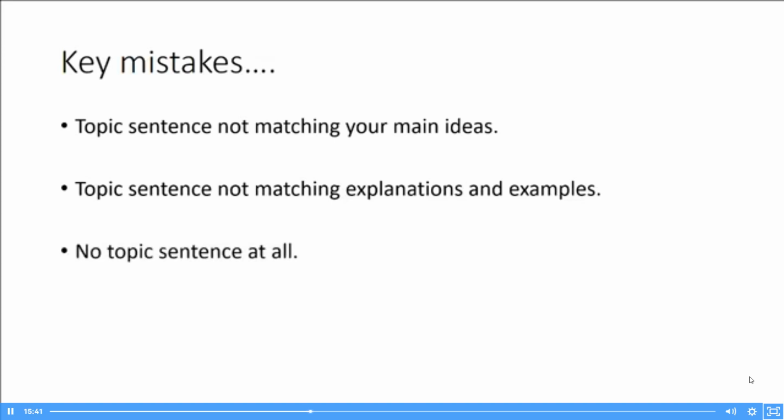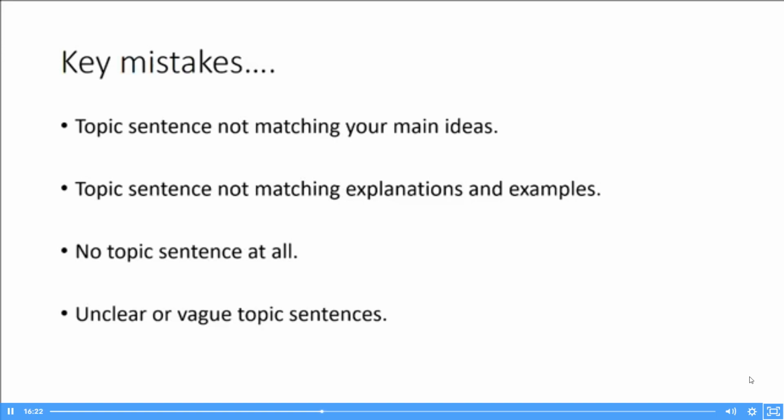And the other really common thing is very unclear or vague topic sentences. So topic sentences that are so vague or so difficult to understand that you may as well not have written them at all. Remember that the function of a topic sentence, the purpose of a topic sentence, is to make it easy for the reader to understand. If you're either using language or your ideas are so vague that the person reading it doesn't really understand what that sentence means, then you've defeated the purpose of writing it at all. So, making your topic sentences as clear as possible.